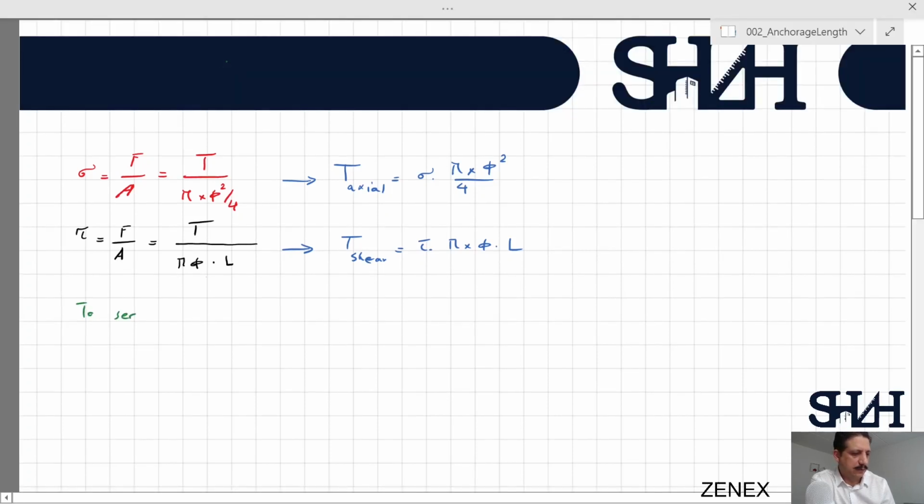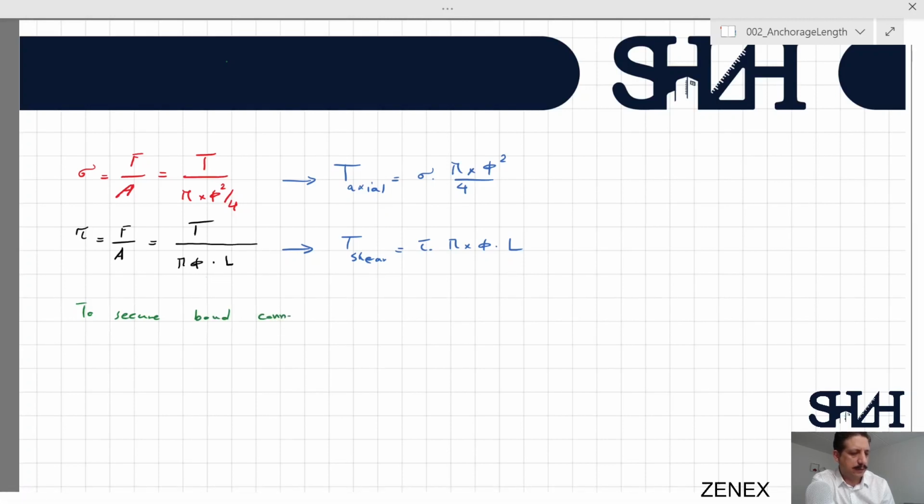To secure the bond connection between concrete and reinforcement is valid,